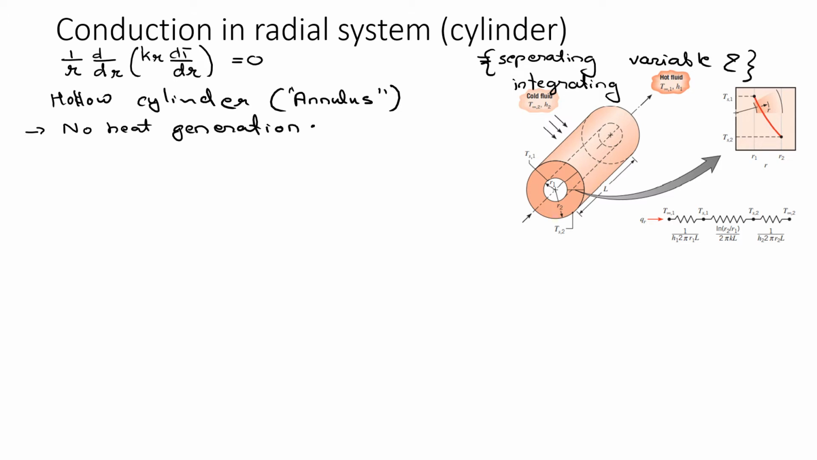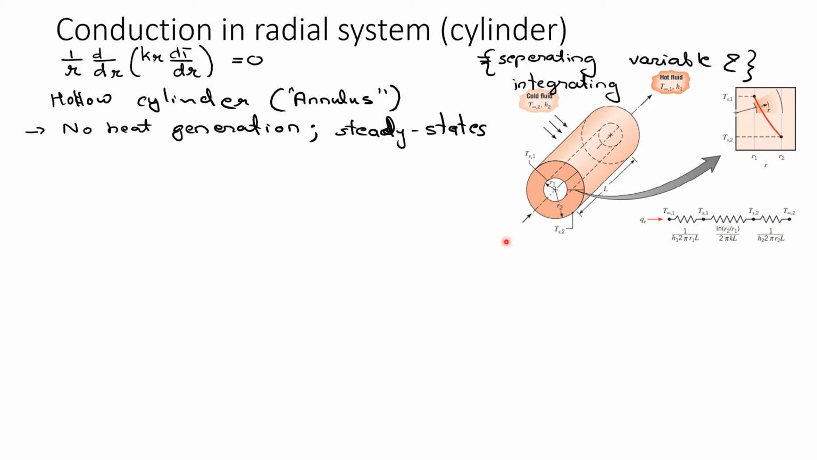And steady state conditions exist. And this is how the problem looks like. So you have a hollow cylinder with an inner radius of R1, outer radius R2, and the surface inside the hollow cylinder is at a temperature Ts1 and the surface outside at radius R2 is at temperature